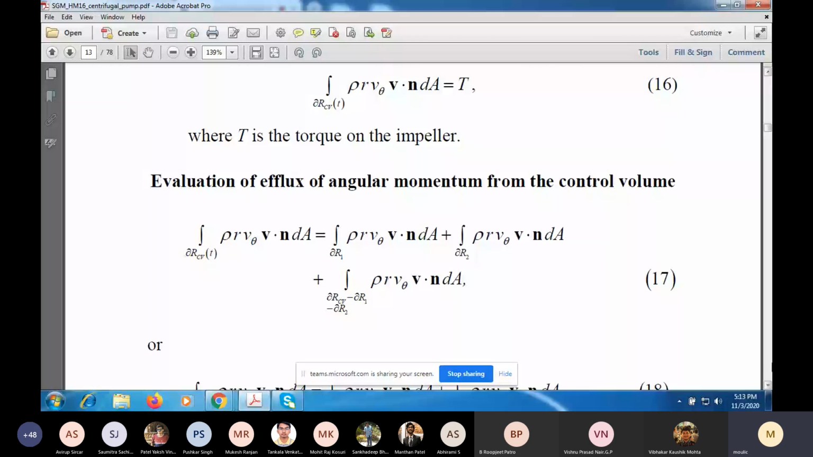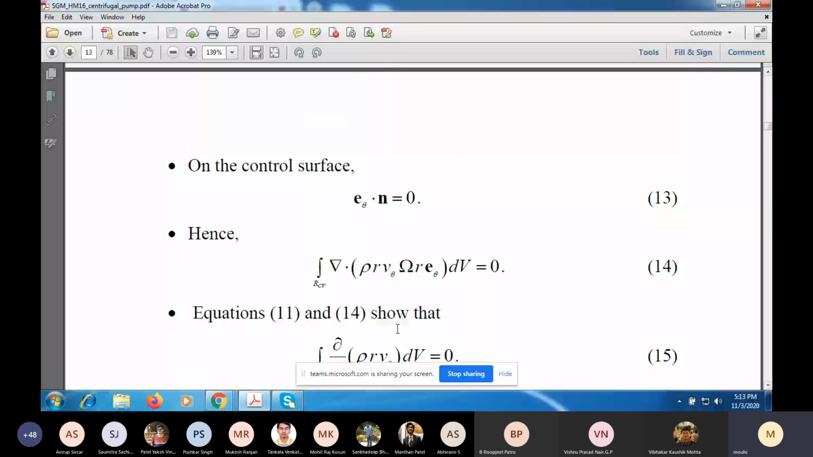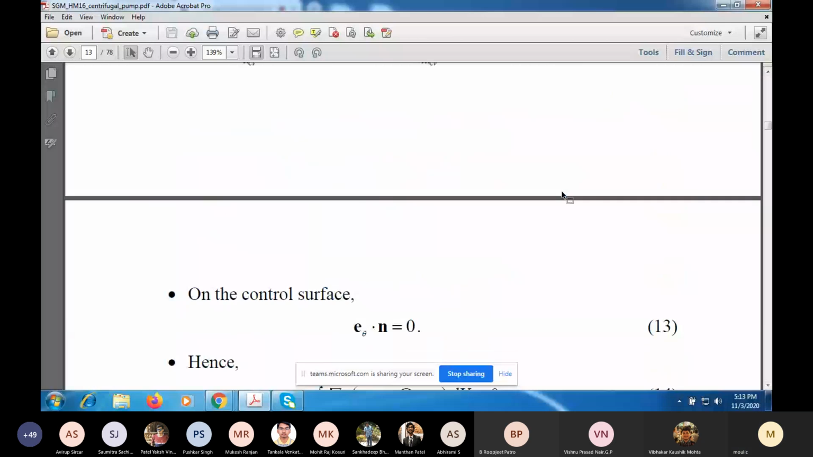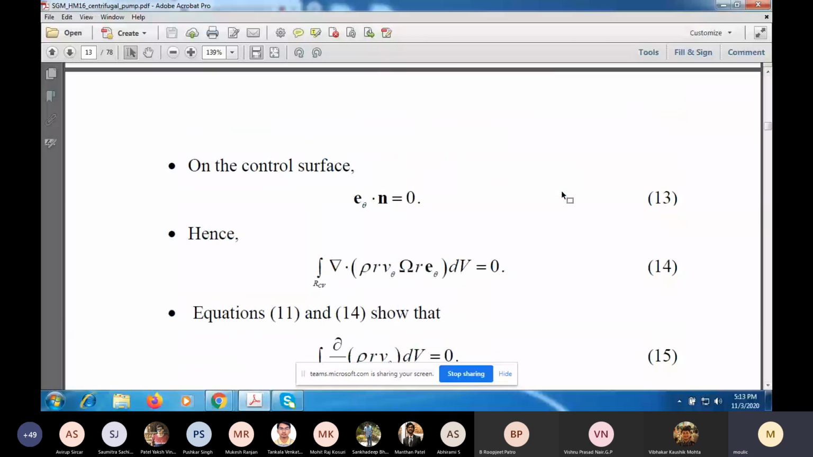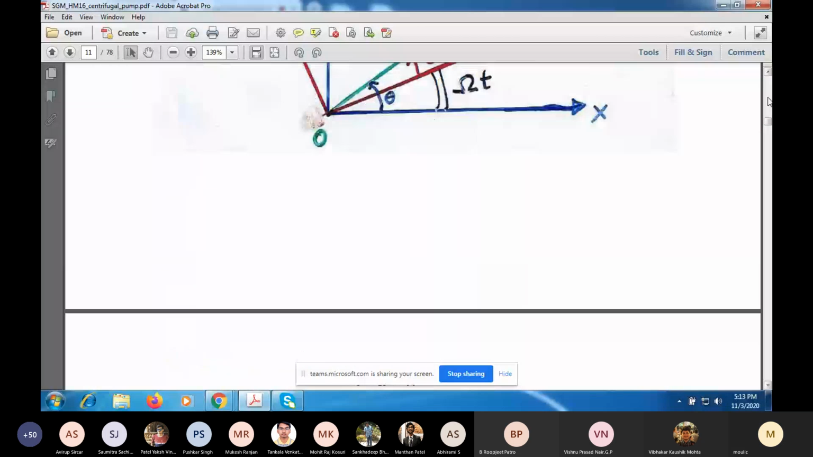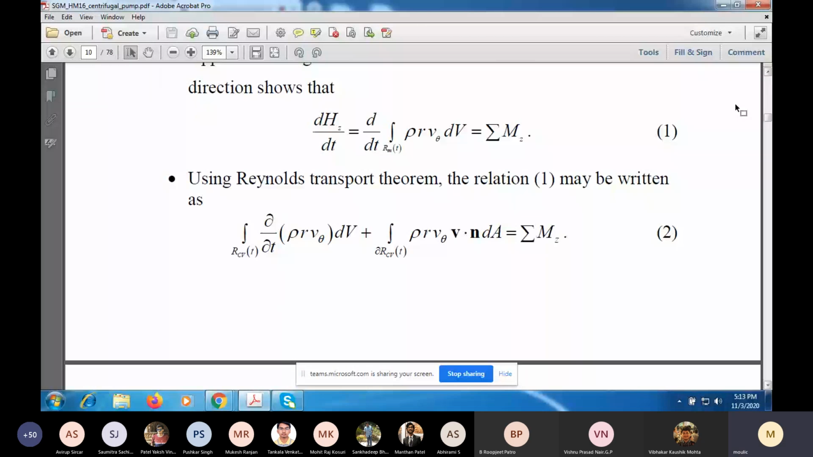So this divergence then, which is equal to the surface integral, since e theta dot n is 0, this integral will be 0. So although ∂/∂t of rho r v theta is not 0 everywhere inside the domain of integration, the integral value turns out to be equal to 0. So therefore, if you look at the Reynolds transport theorem, here the first term will